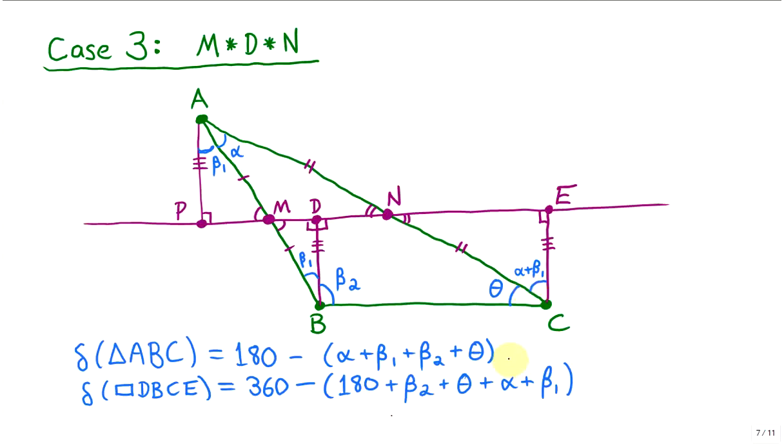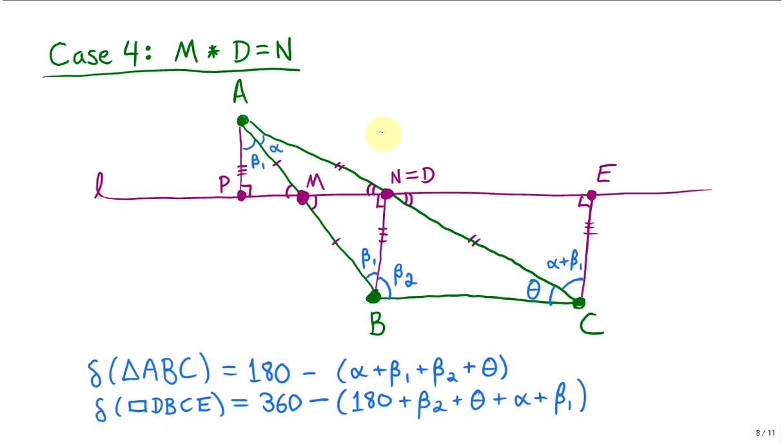The angle deficit of the triangle ABC is 180 minus alpha plus beta 1 plus beta 2 plus theta. And the angle deficit of the Saccheri quadrilateral is 360 minus 180 degrees from the right angles, minus beta 2 plus theta plus alpha plus beta 1. Once again, they're equal. In case 4, our point D is incident with a point N, and this case is